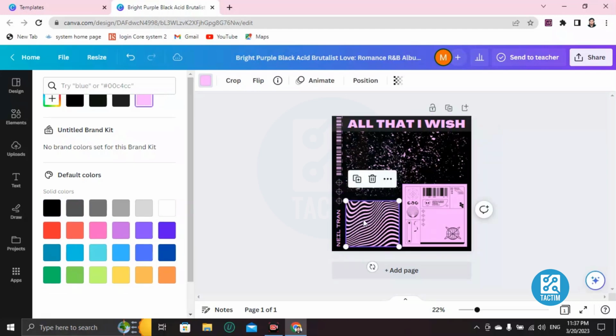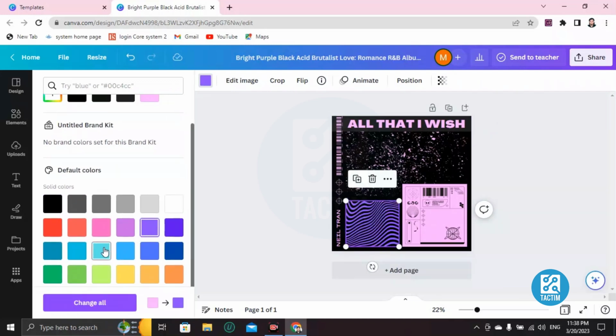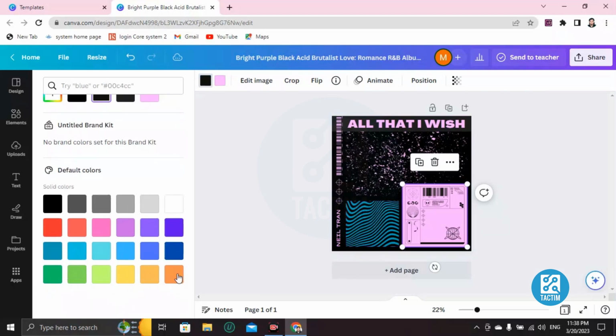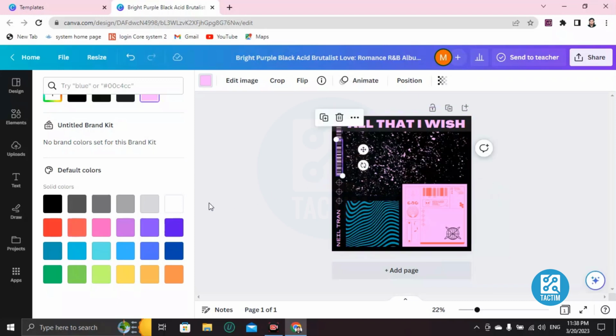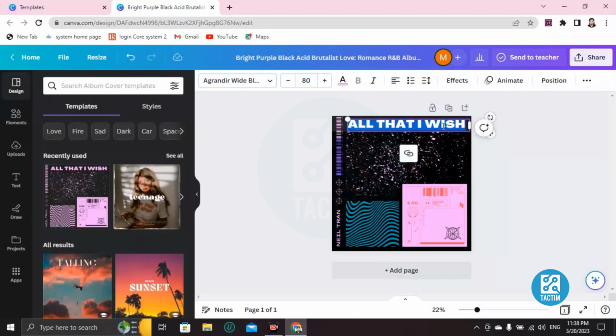So if you want to change the color of this portion, you can click here and change the color like this. This one too, red is good. You can change this color too. Like this one. I'm just showing you the basic tutorial, just design by yourself with your own preference or creativity. If you want to change this text, just double click, press backspace on your keyboard, and write the thing you want to write, like galaxy,